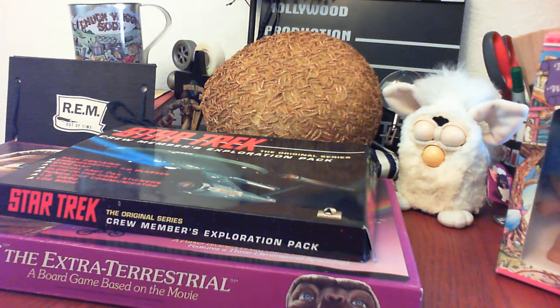A lot of what we found today came from a garage sale that we landed on quite accidentally. We were looking for an estate sale in the area, saw some signs, and we thought we'd take a chance. And we found somebody selling off a ton of toys from the 80s, mostly, and 90s. Lots and lots of games, and